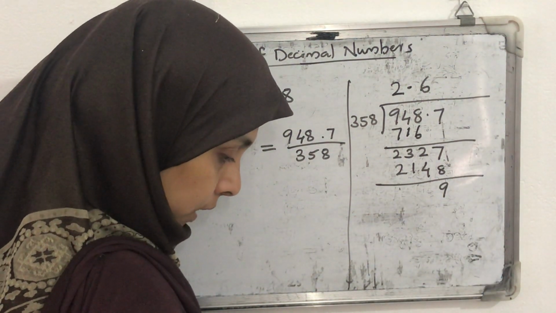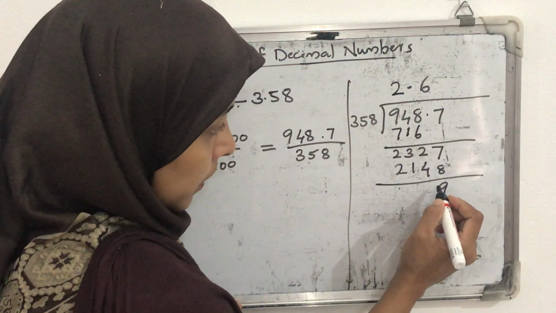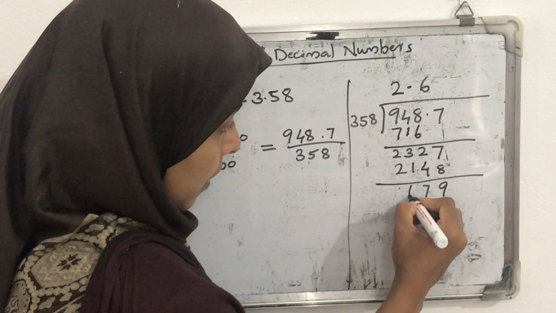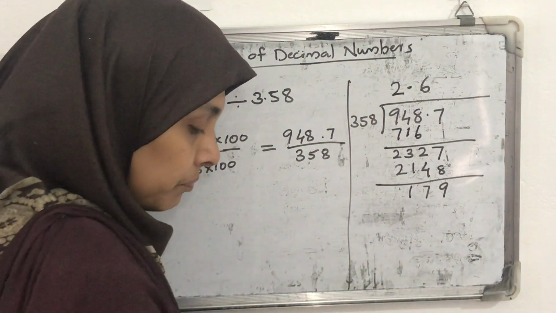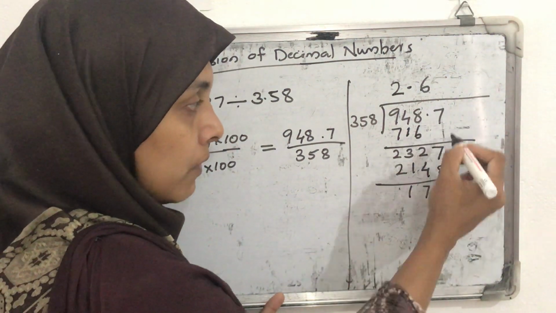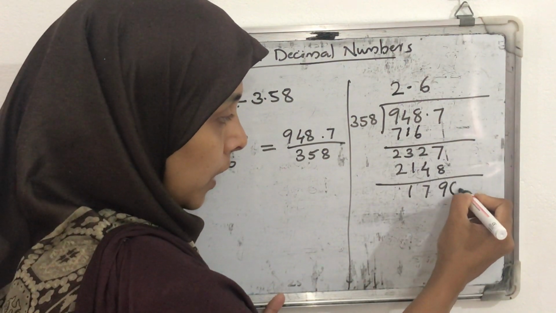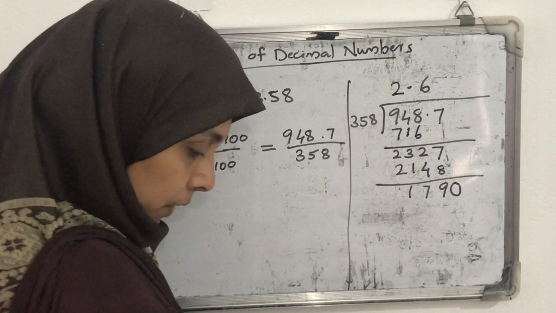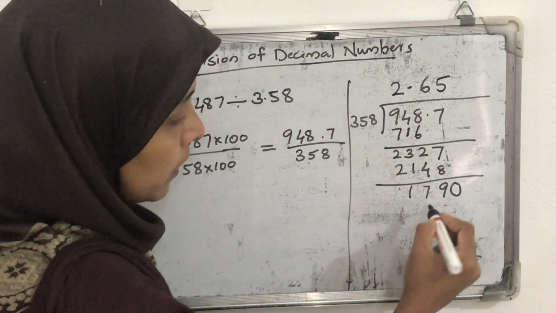what is next here? Your answer will come 2100. Here it will become 179. So 179 will not be divisible by this. Next we can do by adding 0. Here there are no more digits, so to complete this division we take 1790. How many times is 358 in it? That will be 5. Okay, 5 into 358 will be exactly